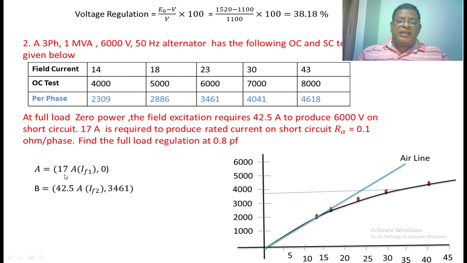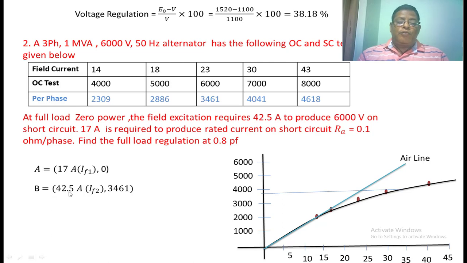A is nothing but a field current; the voltage is 0 during the zero power factor method. 17 amperes of current is producing the rated current, but the voltage is 0. So I have taken this as point A. The field current of 42.5 amperes produces a voltage of 6000 volts, that I have taken as point B,